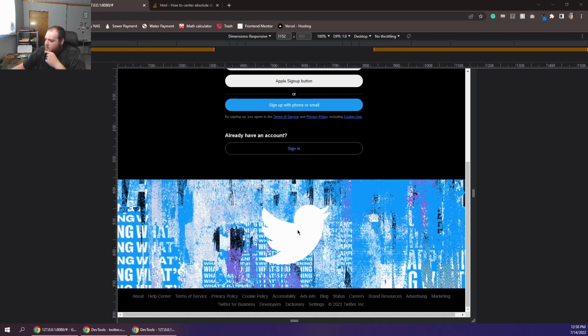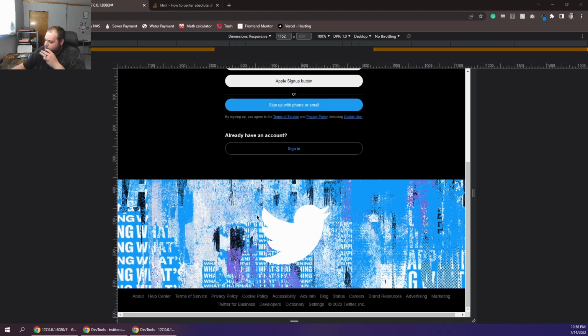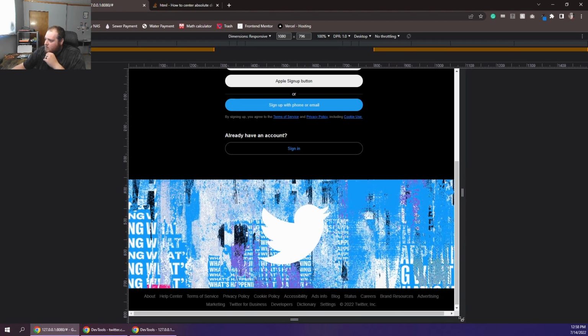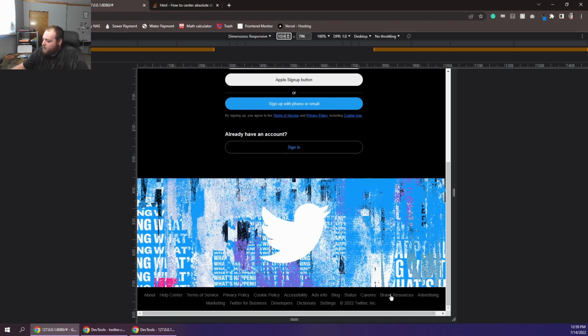Alright, so next thing that's on the agenda is to make it responsive. So I want to add a breakpoint at 1024. So basically right here, and whenever it goes above the 1024 breakpoint, I want this logo to jump to